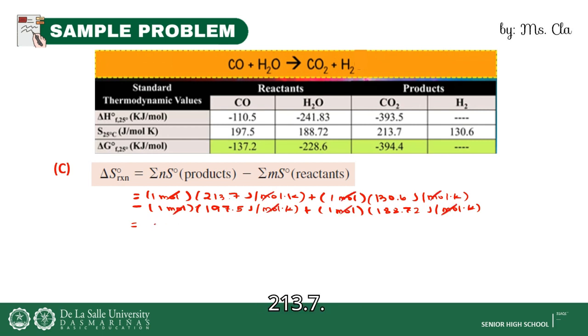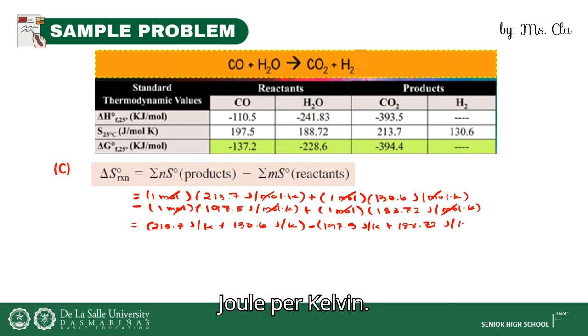We have 213.7 joule per Kelvin plus 130.6 joule per Kelvin minus 197.5 joule per Kelvin plus 188.72 joule per Kelvin. So let's add